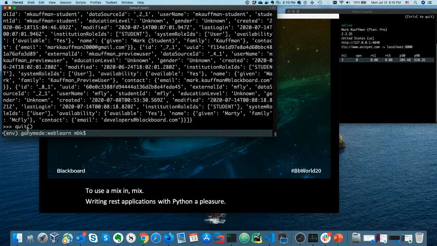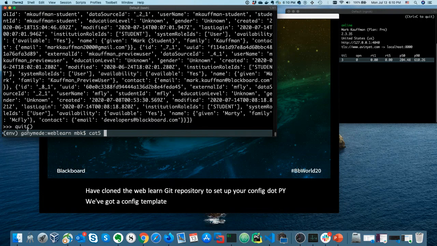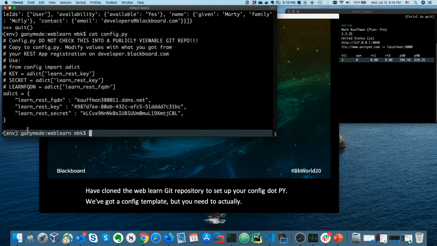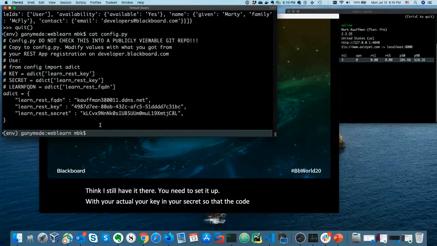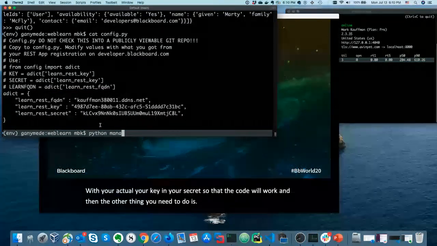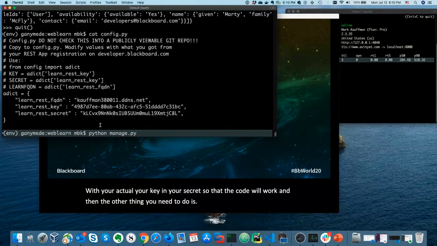Now the next thing you need to do, once you have cloned the WebLearn Git repository, is to set up your config.py. We've got a config template, but you still need to set it up with your key and your secret so that the code will work. And then the other thing you need to do is manage